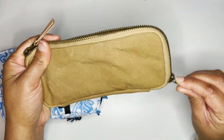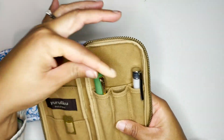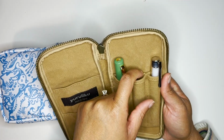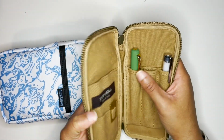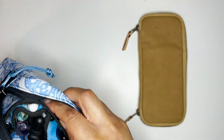So I managed to fit this Iroshizuku case in here. And in this case, I have 2 pens. I can put another pen in here. I think this is where I plan to put my newest Sailor since it is inked up. But I have my Platinum and Kaweco in here. And then in this part,